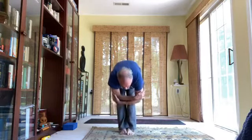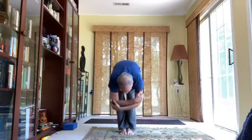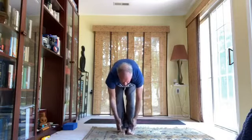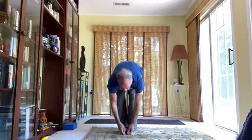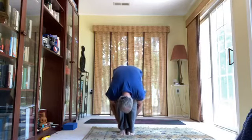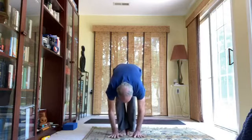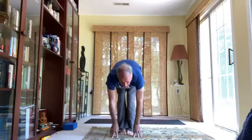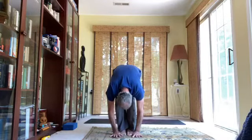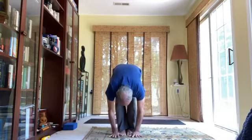You can grab your elbows one another here should you choose, sway left to right in ragdoll. Or if you feel pretty flexible already, you can grab your big toes with yoga toe lock, or you can go for your heels, yogi's choice. Holding here, inhale, exhale, fold, inhale, exhale, fold,